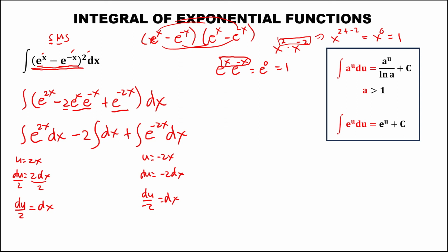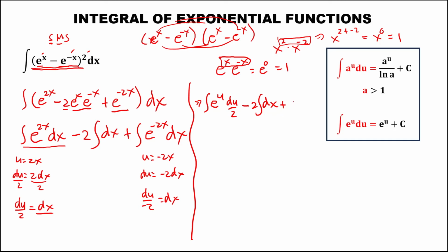Then to substitute the values, for this term we have the integral of e to the power u, then dx is du over 2, then minus 2 times the integral of dx, then plus the integral for this term,